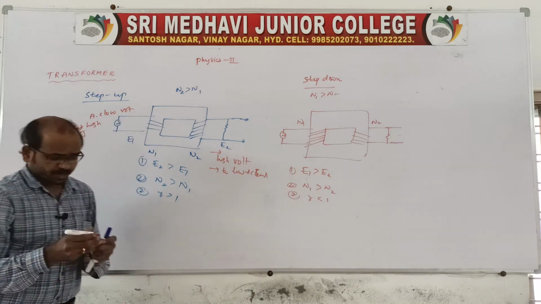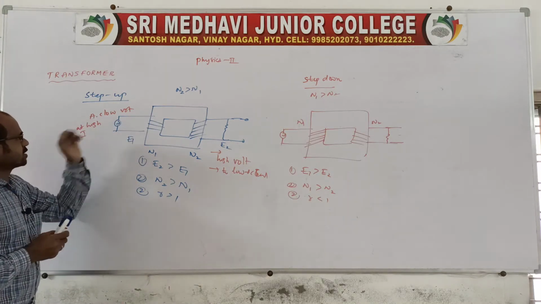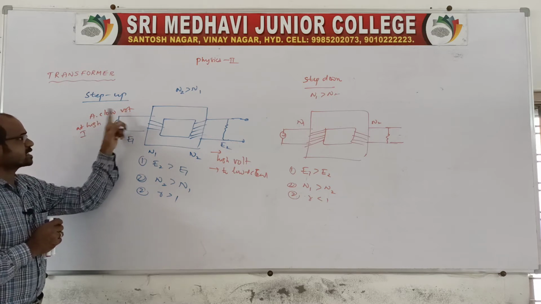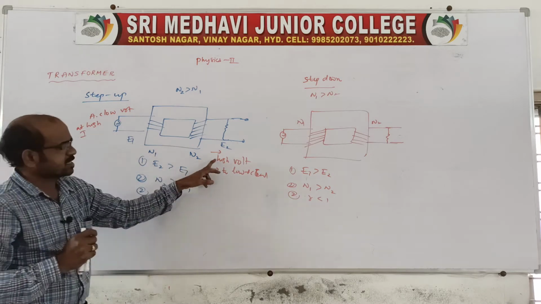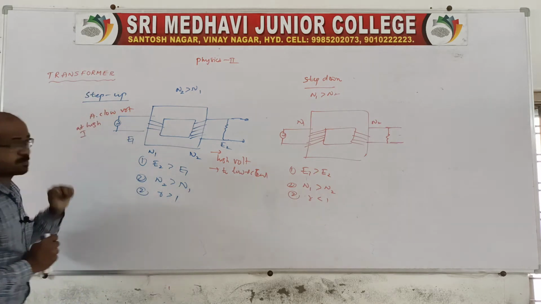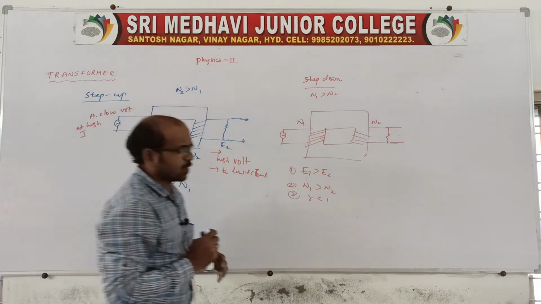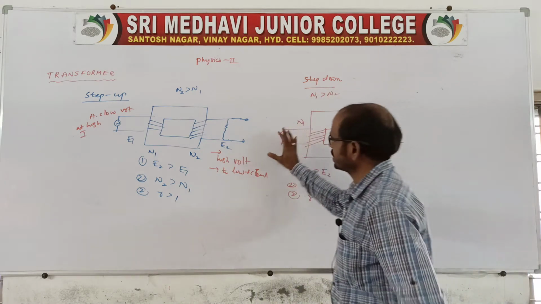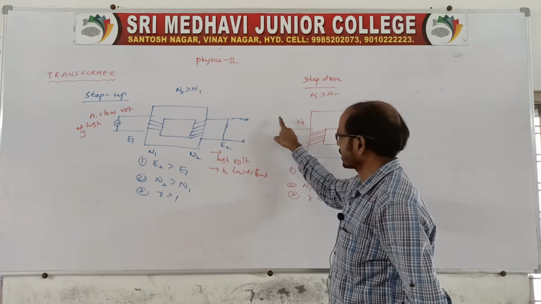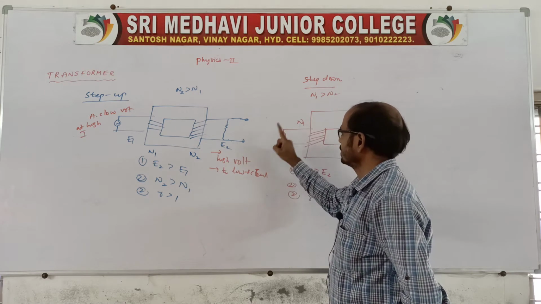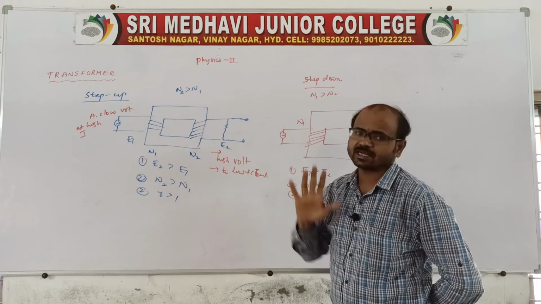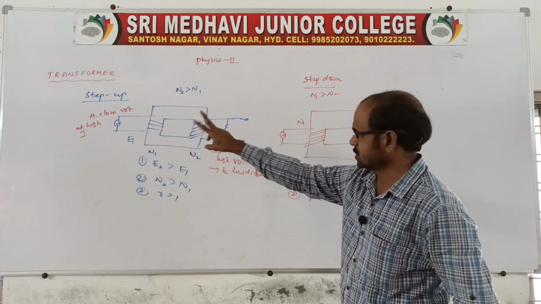It's very simple. A step up transformer takes a low alternating voltage at a high current at the input and converts it to high voltage at low current. We call that a step up transformer. In the case of a step down, sir, what will happen? Again, it will be reverse. A high alternating voltage at a low current is applied, and it is converted to low voltage at a high current. So simple. These two are reverse.